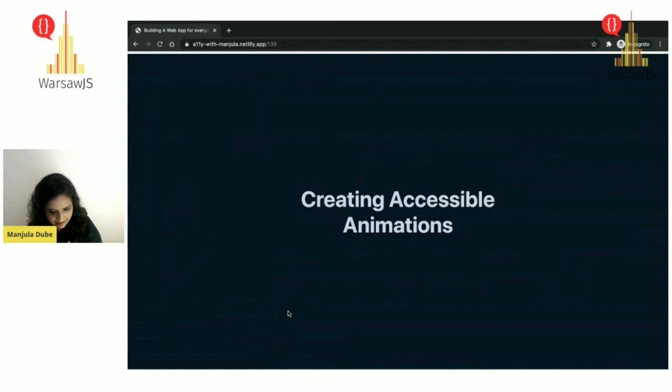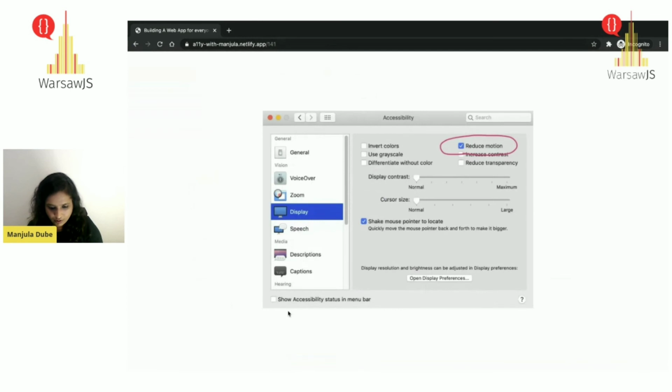So yes, creating accessible animations, this is one of the good things, because I'm a big fan of animations, but when used properly, I believe they add a ton of value to the user experience. That said, you should be mindful of the fact that not everybody experiences the same. Some folks might trigger physical symptoms like nausea, dizziness, and you would not want to give that symptom to anyone. So already in the OS, there is a check mark that you could tick, and all your animations would be stopped.